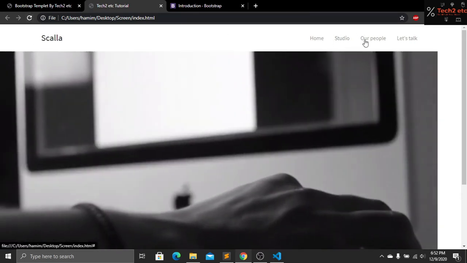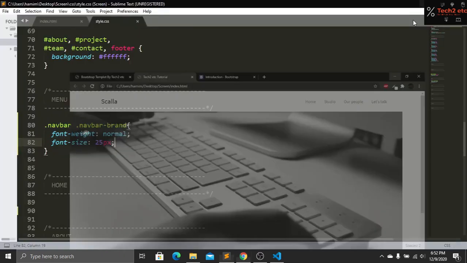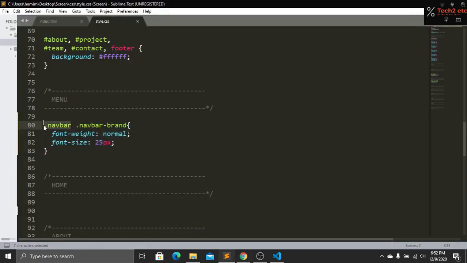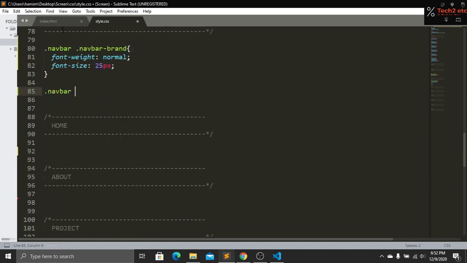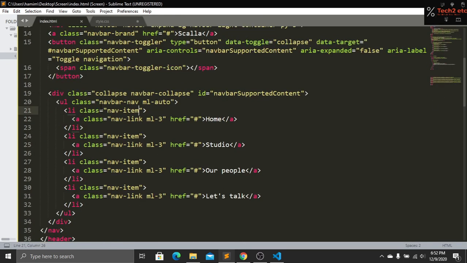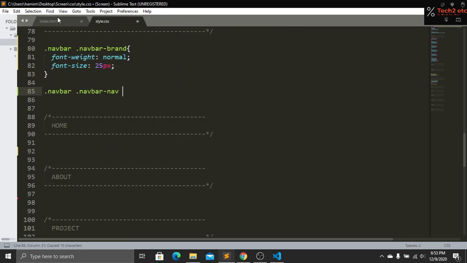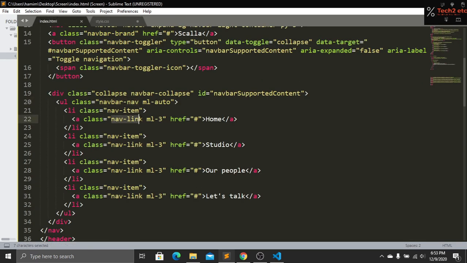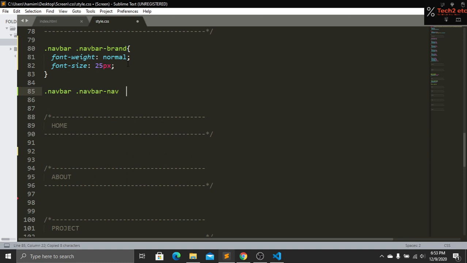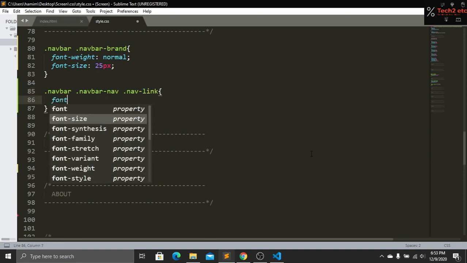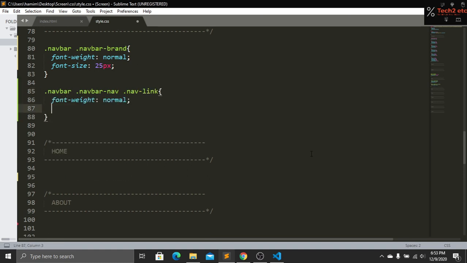Now we have to style these nav links. For doing this, copy this navbar class from here, and paste it here again. Then go to our HTML, and here we have to copy this navbar-nav class from here, and paste it here. Then we have to target our nav-link class from here, and paste it here. That's it. And here I will add font weight, and it will be normal, and font size will be 14